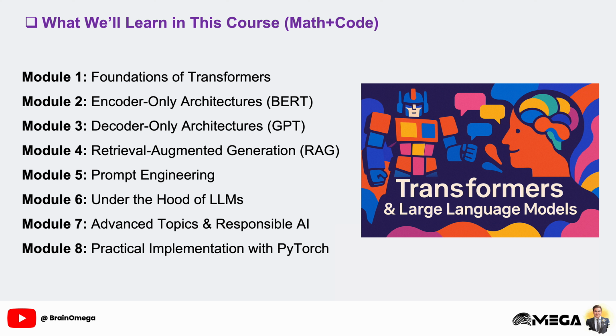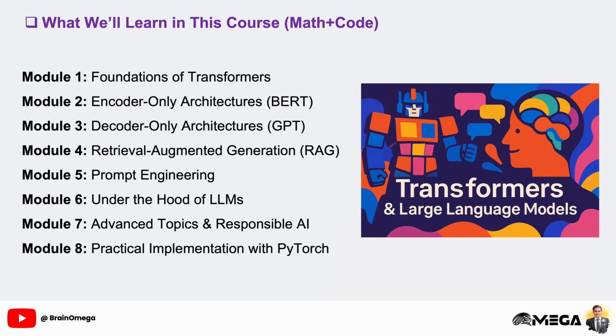Next, in Module 4, Retrieval Augmented Generation, or RAG, we'll step into one of the hottest topics in AI today. You'll learn the problem it solves, giving language models access to external knowledge. We'll cover embeddings and semantic search, introduce vector databases like FAISS, Pinecone, and Weaviate, and explain approximate nearest neighbor search methods like HNSW and LSH. To bring it all together, we'll build a full RAG pipeline for a real case study, asking questions about a